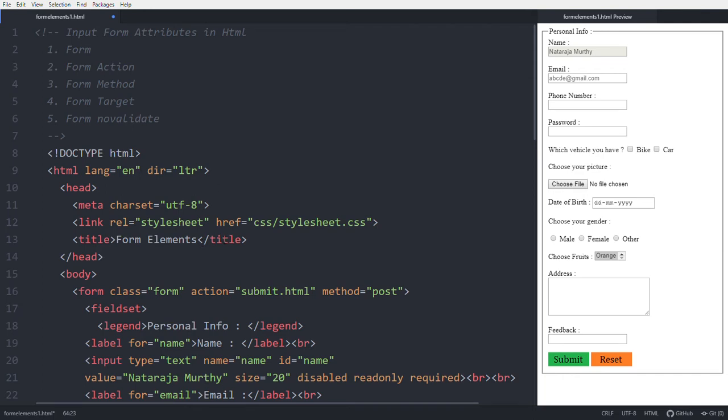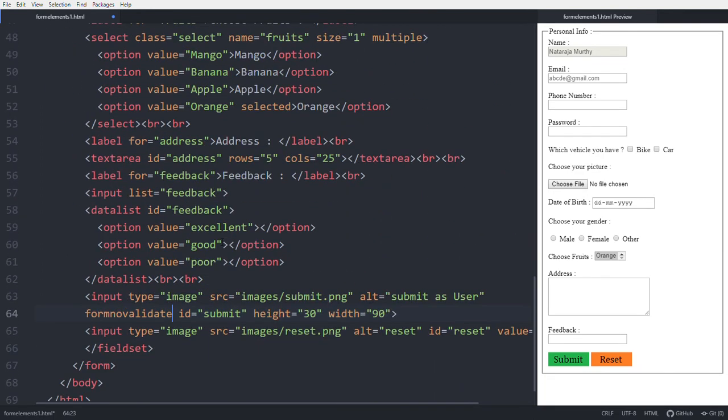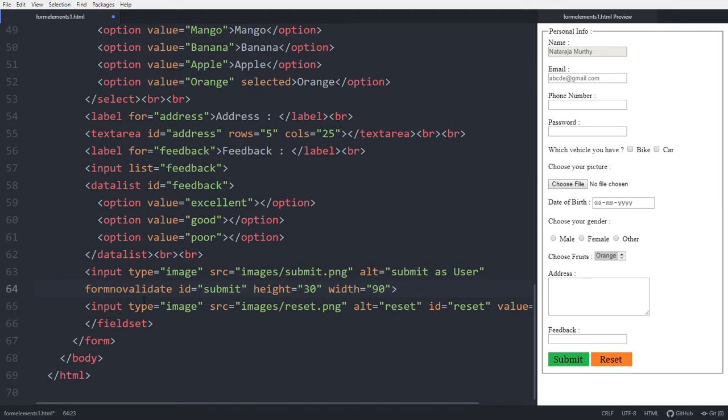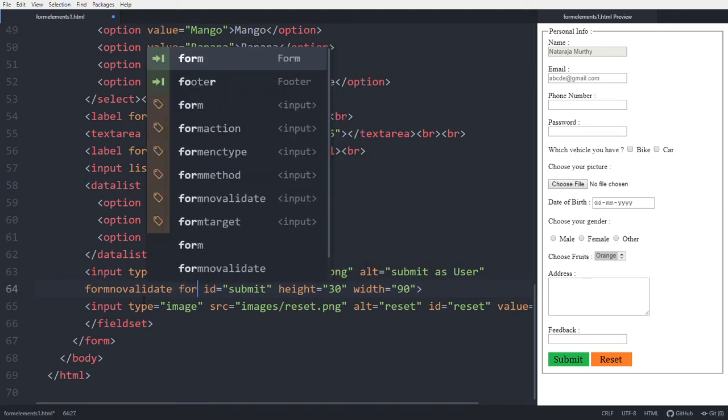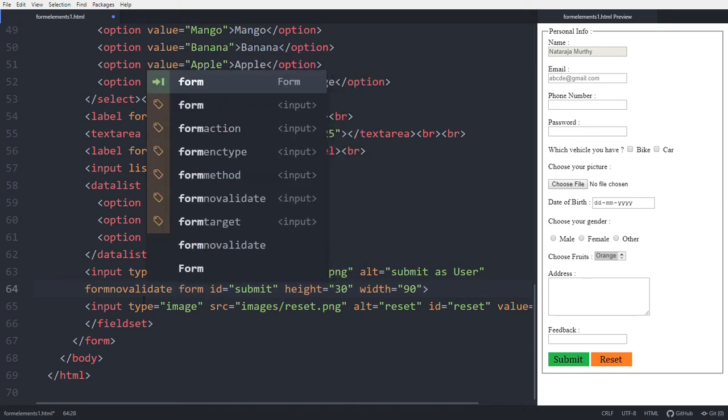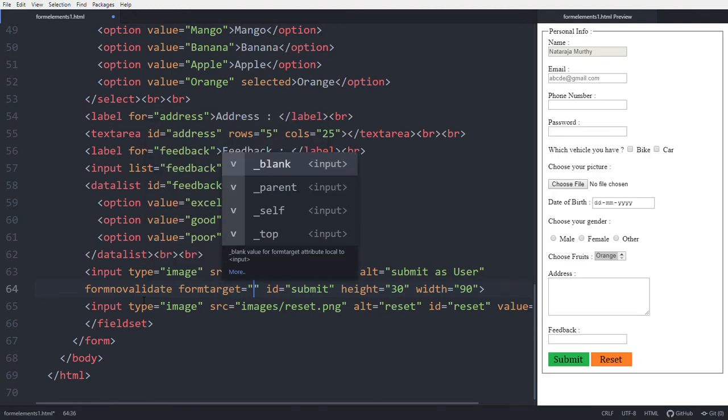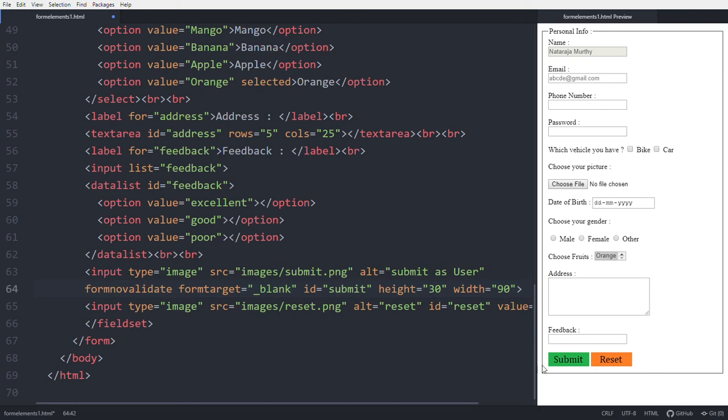See this, form target, it is blank. Make it and click submit. Nothing happens because this preview does not support creating one more preview.